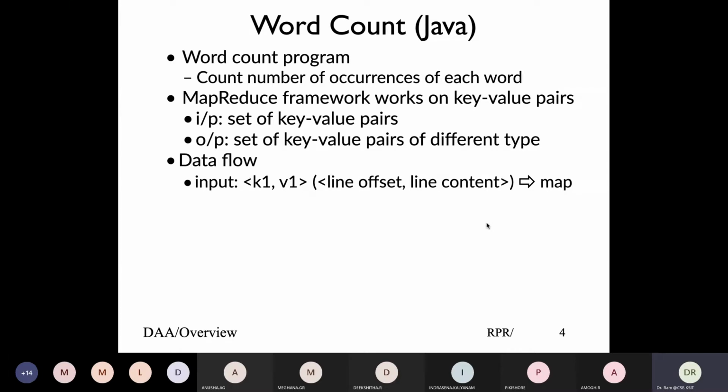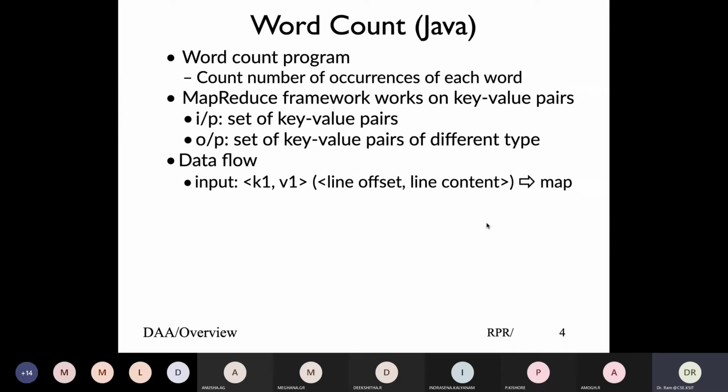It's difficult to figure out the key, and this part is not very explicitly mentioned in the book. Even though the key doesn't matter for the simple word count program, for others it might. So the key is the line offset, the byte location from where the particular record starts in the overall document.